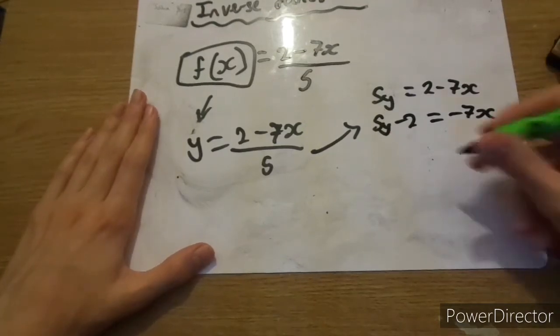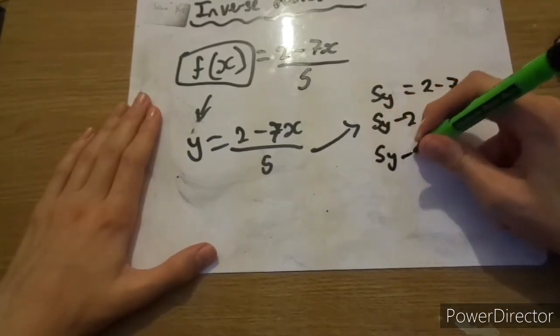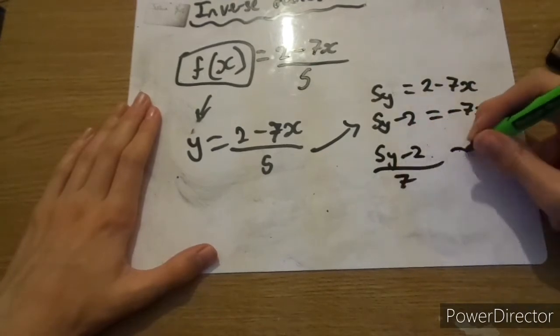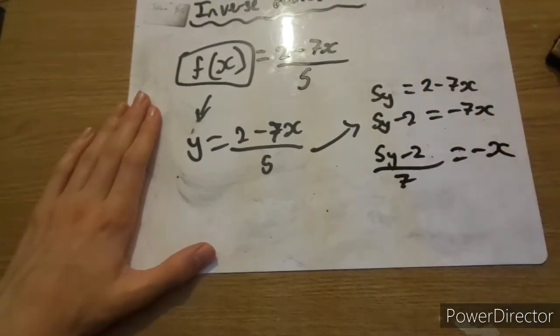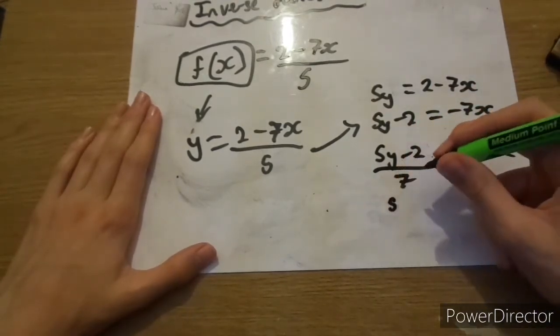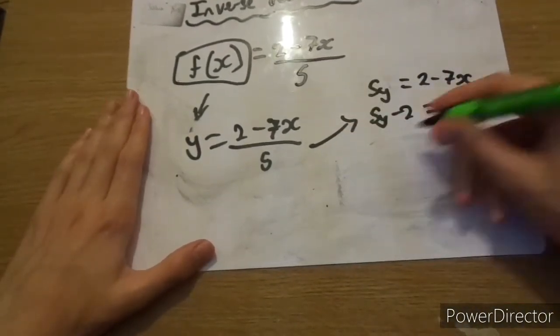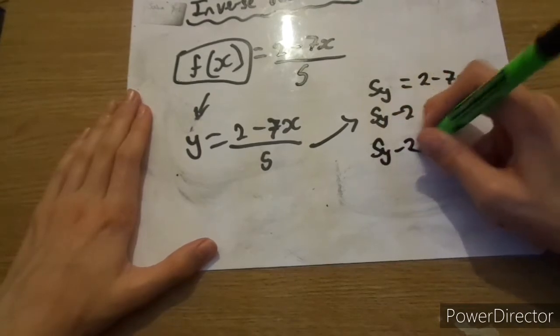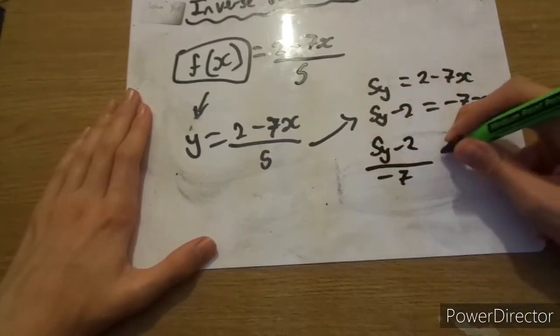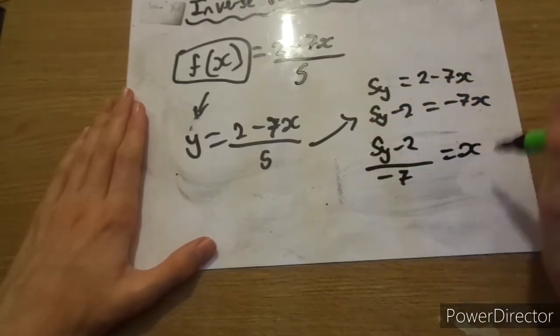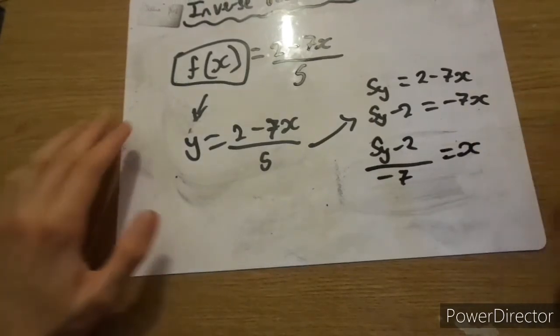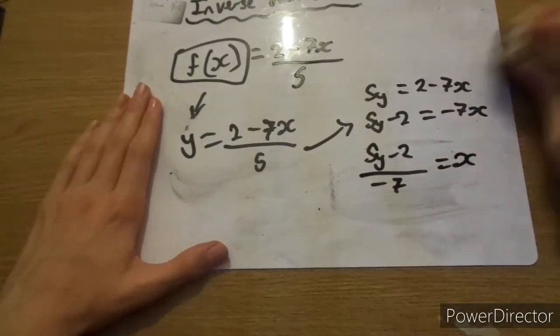Divided by 7 would give you 5y minus 2 over 7 is equal to minus x. What you do is divide by minus 7, which will give you 5y minus 2 over minus 7, which would then give you x. So I find that's the easiest way to do it. Another way of doing it is